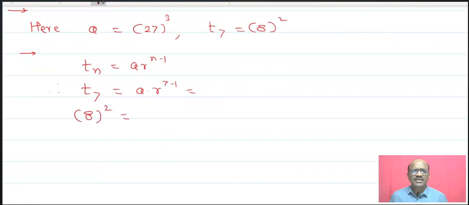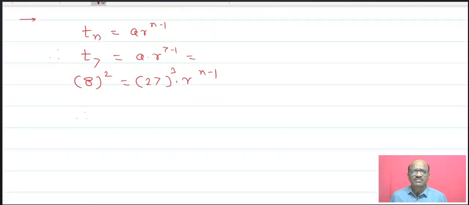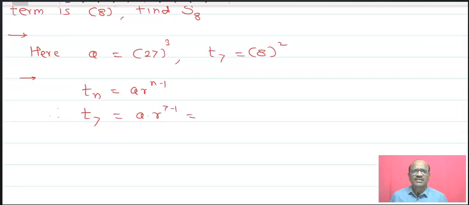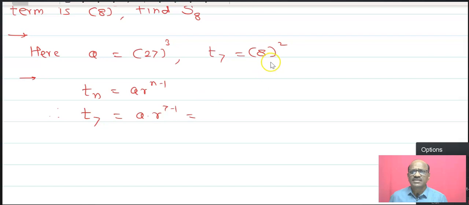That is 8 square is equal to 27. Now substitute the value, that is here it's a value 8 square. Now we can see here again T7 means what? It is 8 square and the value of n is equal to 7. Now simplify this,